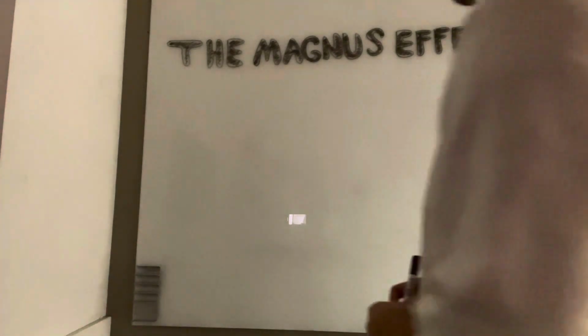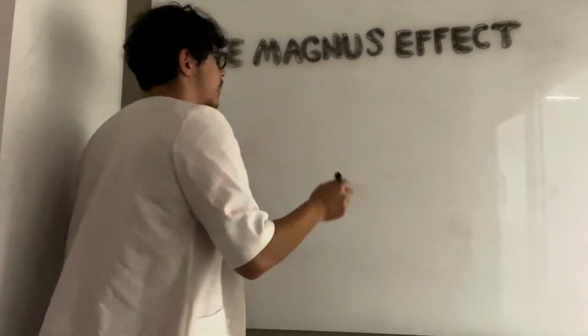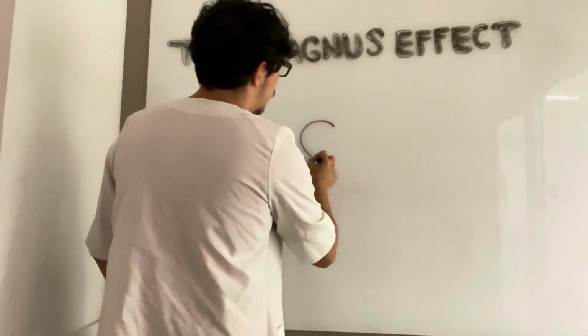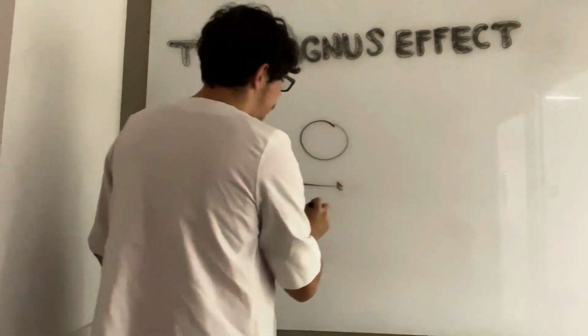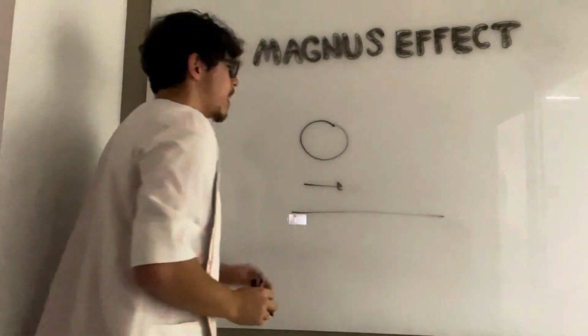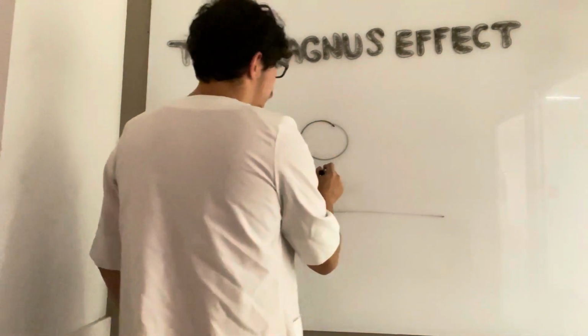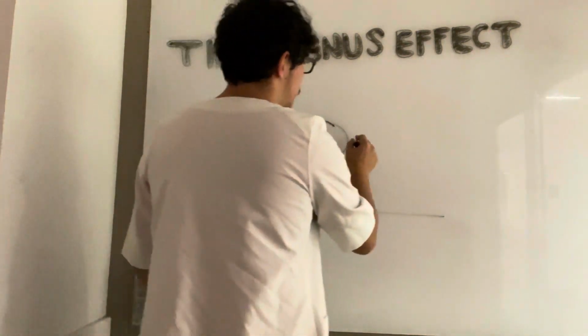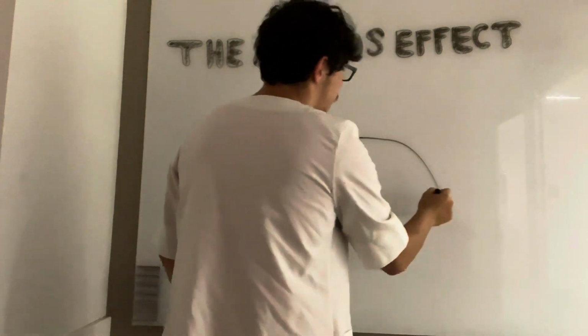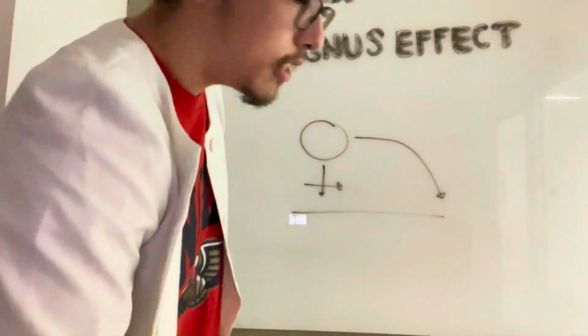Okay, there is one part of the Magnus effect that I wanted to discover and explore. So let's say we have a ball here traveling in air and the ground is down here. Now, if there's no rotational spin acting on this ball, then gravity will simply pull it down and it will go straight and down onto the ground. But let's say